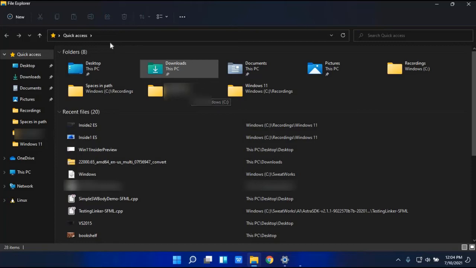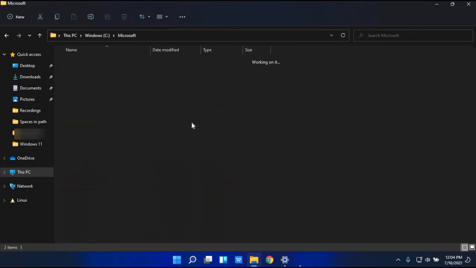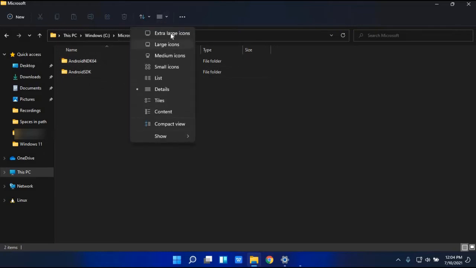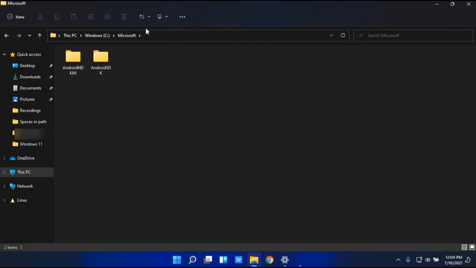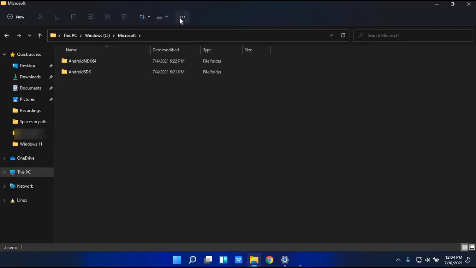Another thing that you can see: for example, I am here inside this Microsoft folder, and you can see that the ribbon menu that we were used to disappeared, and they changed it for action buttons for this folder. For example, if you want to change the way you view the icons here, you see this new menu, and here you can set, for example, medium icons, or details. And the other thing that you see is these three dots, in which you can access more